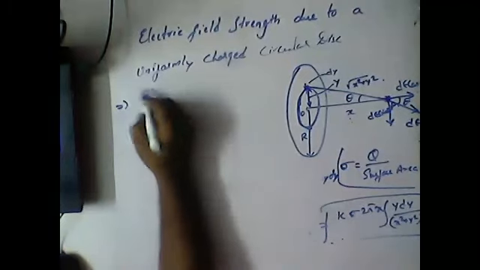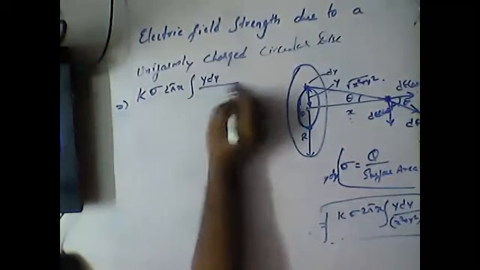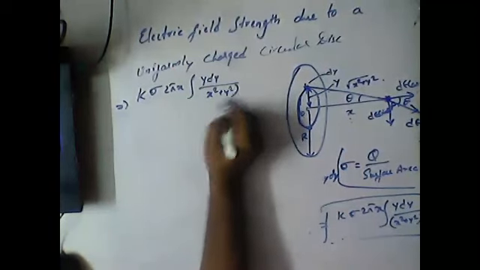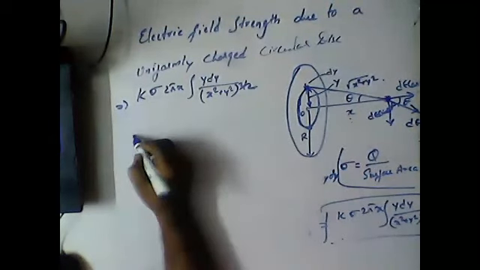So what we are having here, guys, the terms were k sigma 2 pi x and the integration of y dy by (x square plus y square) whole power 3 by 2. Directly doing this integration is a little bit complicated. So I'm considering the limits 0 to r, guys. Here what I'm doing is I'm considering x square plus y square is equal to some z square.